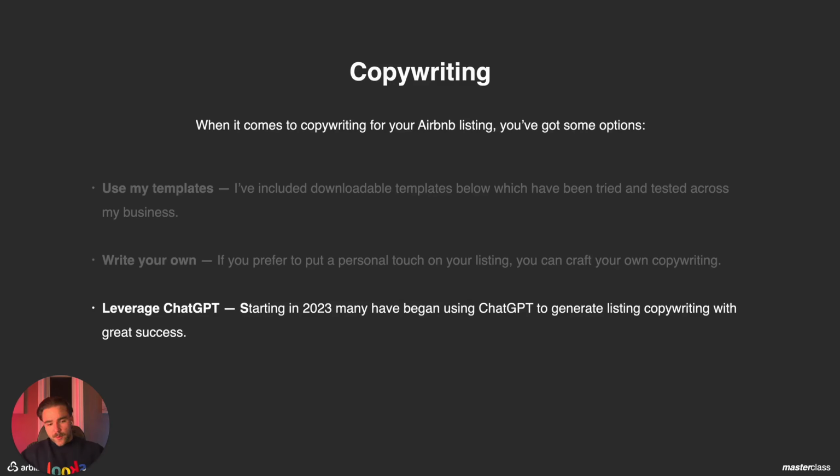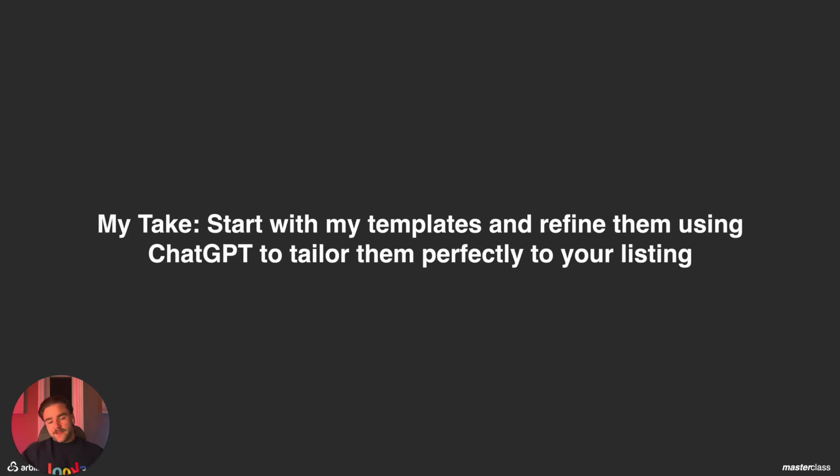So when it comes to copywriting for your Airbnb listing, you've got some options. You can use my templates. I've included downloadable templates below, which have been tried and tested across my business. You can write your own if you have experience. If you prefer to put a personal touch on your listing, you can craft your own copywriting, or you can leverage ChatGPT. Starting in 2023, many have begun using ChatGPT to generate listing copywriting with some pretty good success, to be honest. So my take is to start with my templates and then refine them using ChatGPT to tailor them perfectly to your listing. So pause on that for one second. I'll show you what that looks like in a minute, which now takes us to our first form of copy,